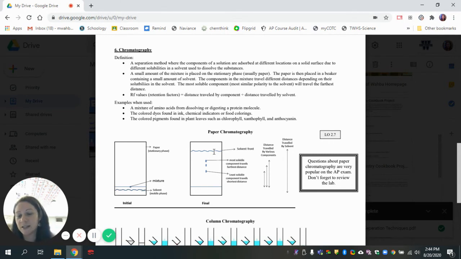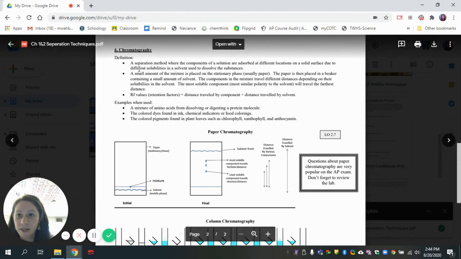So let's say, for example, caffeine will travel half the distance, so it would be 0.5 as the retention factor, and so on. Again, that retention factor is going to be the same. The ratio is going to be the same. The distance traveled won't be the same, but the ratio of them will be the same for the same substance in the same solvent. Okay, so